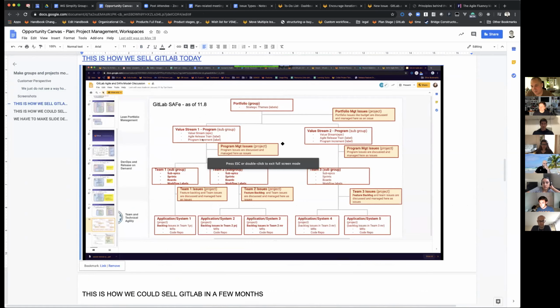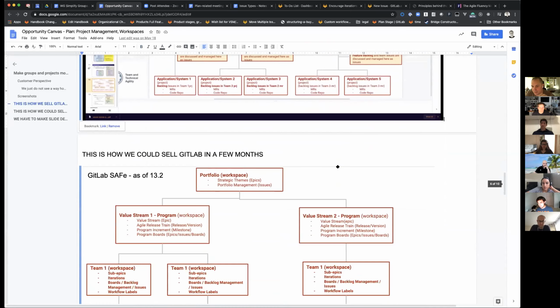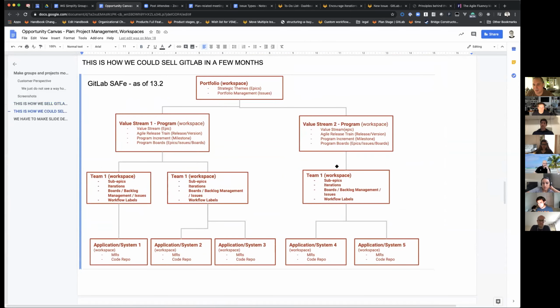You have this group that holds some things. You have a project within that portfolio group to hold issues, but then they're usually looked at from this group level. And you have all these extra projects just to hold issues and other things that would be better if they could be done at the group level. Where we want to be able to go is saying, hey, you can have your top level group and you can have your value streams that you set up, and you can have any resource you want that lives within each of these workspaces.